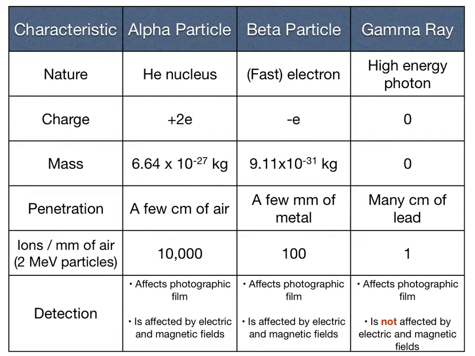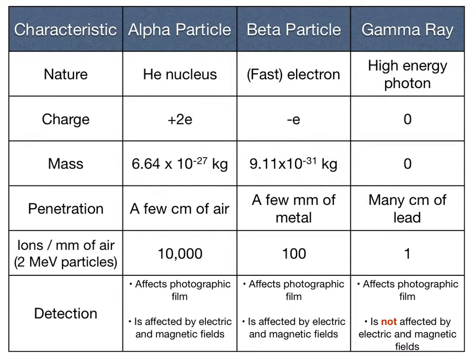All right, let's talk about betas. A beta particle is a fast electron, or it can be a fast positron. The charge on a beta particle, a negative beta, is negative 1, because it's an electron. But we're also going to find out that there are positive beta particles, and a positive beta particle consists of a positron, which is just like an electron, but it's positive. The mass of a beta particle is simply the mass of an electron, 9.11 times 10 to the negative 31